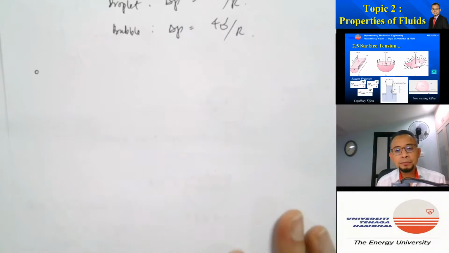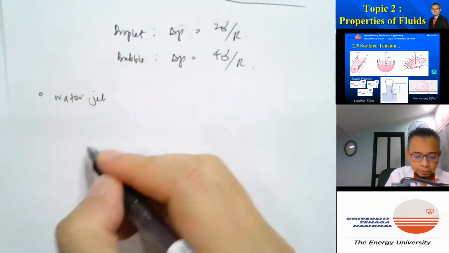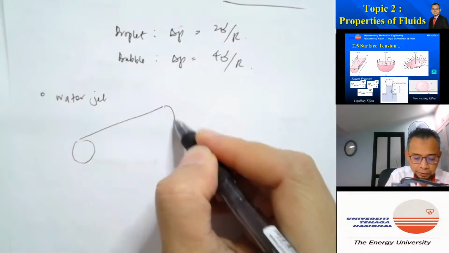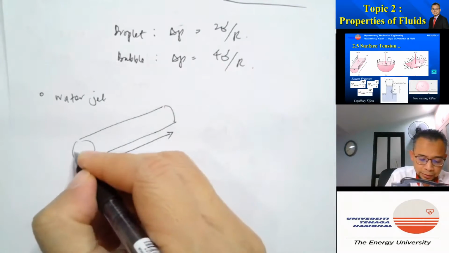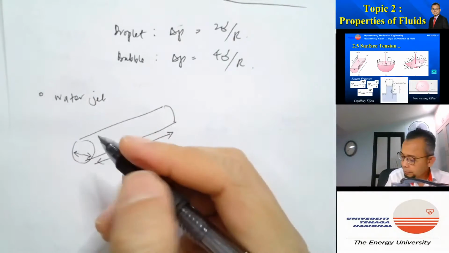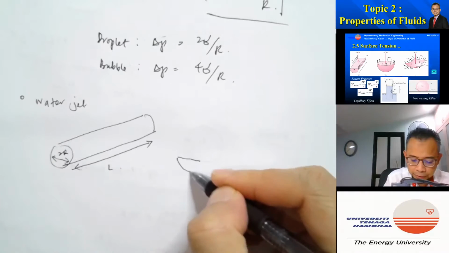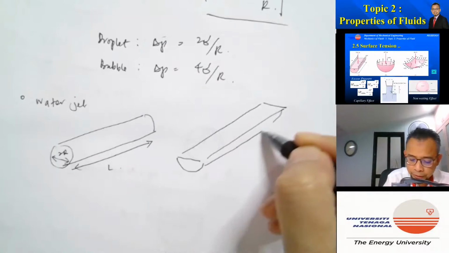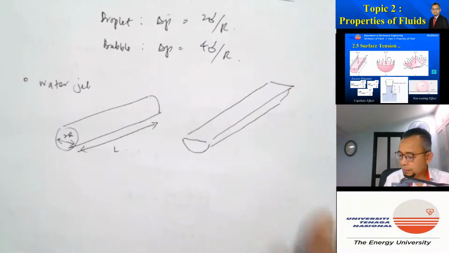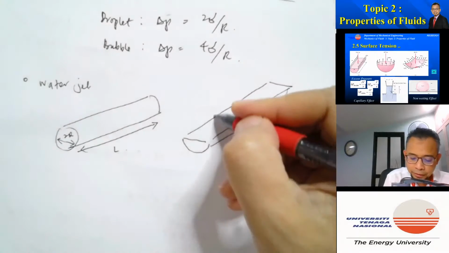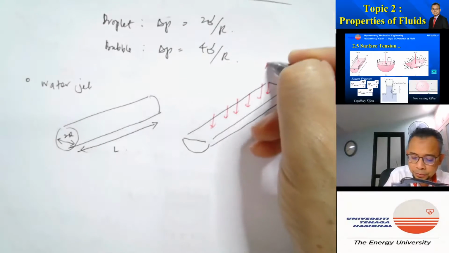So we can do the same analysis for a water jet. So let's say we have a water jet, like that, right? Let's say the length of the water jet is L, and the radius is r. So again, we divide it in half and consider the forces acting on it. So again, we can easily write the net force due to excess pressure, that's equal to delta P